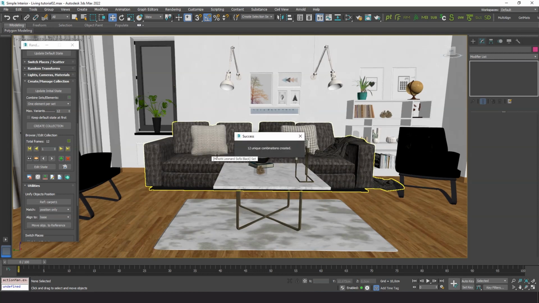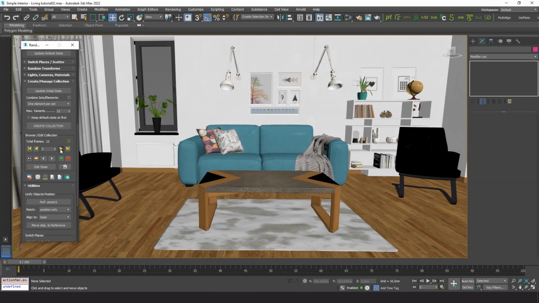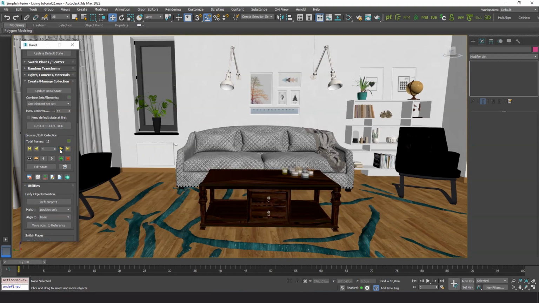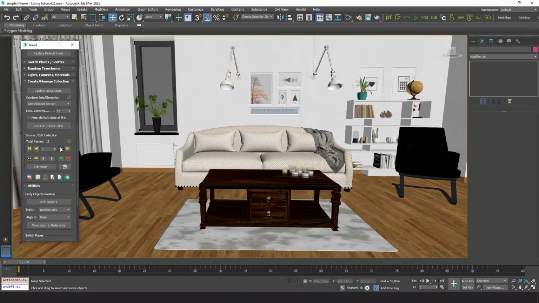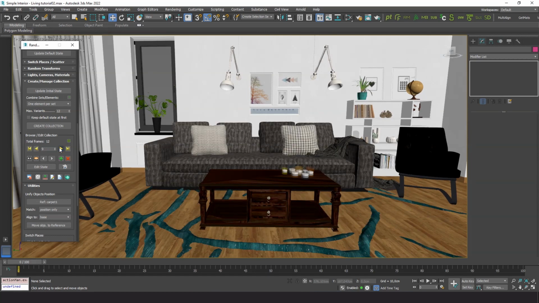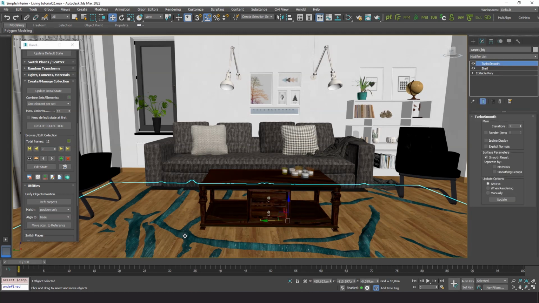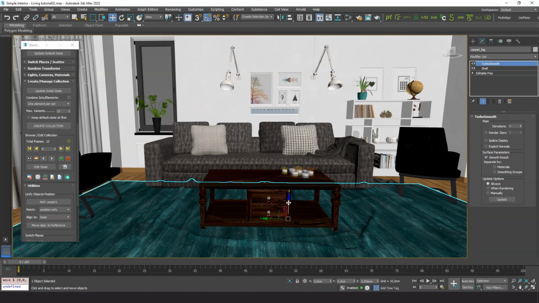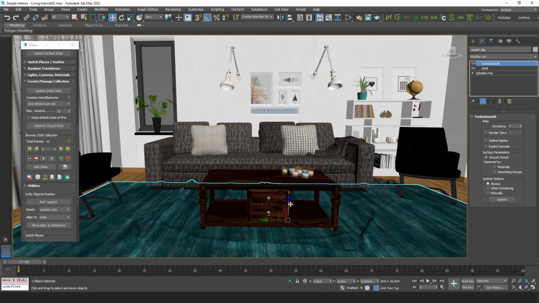Random Mixer creates by default 12 variants or combinations. We use the yellow arrows to navigate the collection frames. We see there are some adjustments to make. Let's correct the position of this carpet in the collection. And save it with Update Initial State.